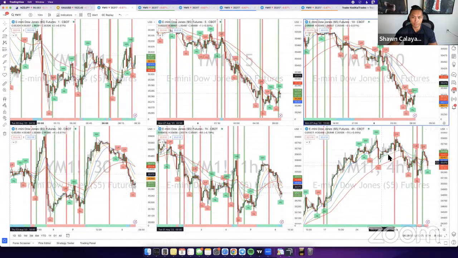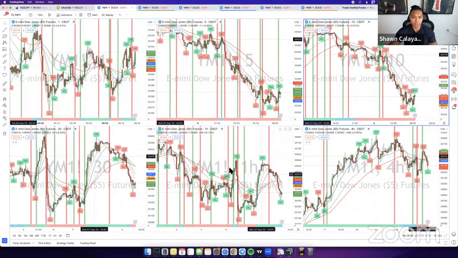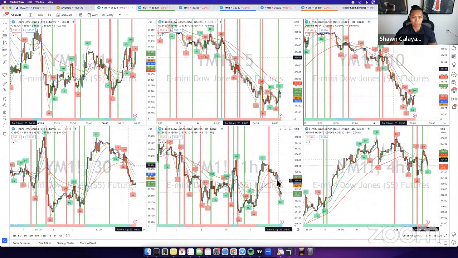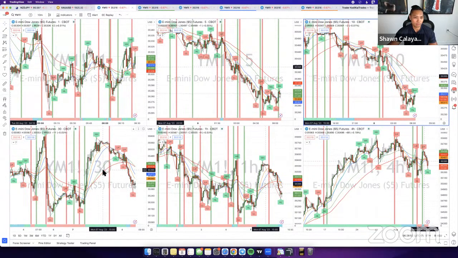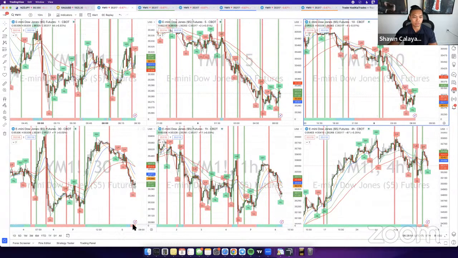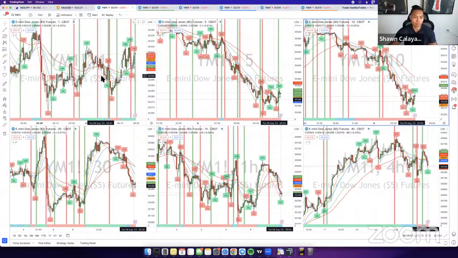Over here on the higher time frames, you can see price is a bit bearish neutral as well. So the 4 hour over here is below the pivots, trend meter is red, pivots are angling down. 1 hour over here, price is below the pivots, trend meter is currently blue and the pivots are angling down. And here on the 30 minute, price is below the pivots, trend meter is red, and the pivots are angling down. So with that said, we have an overall bearish neutral bias here with regard to the trend.